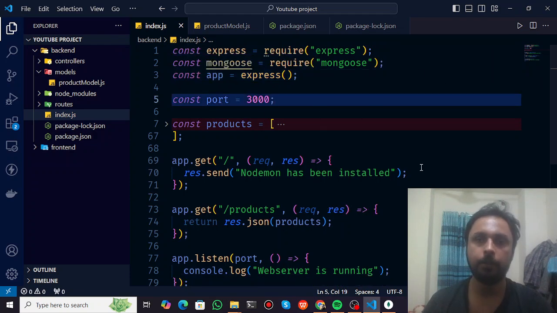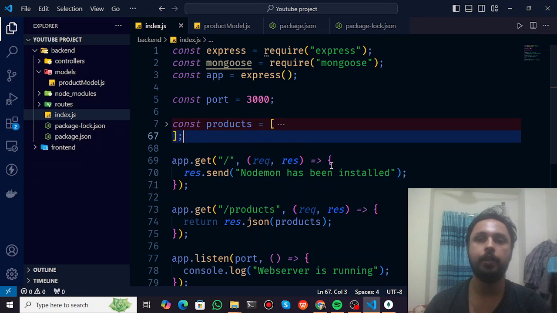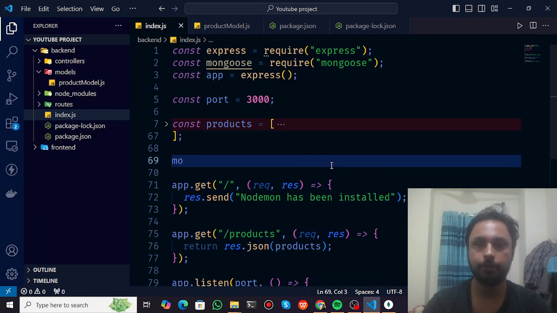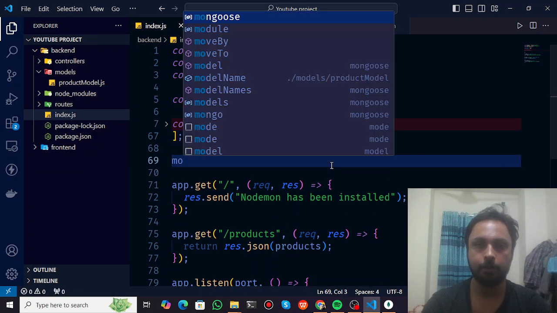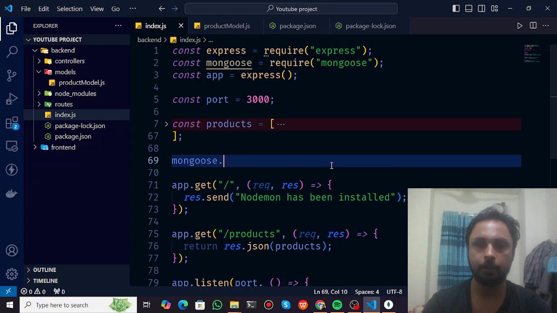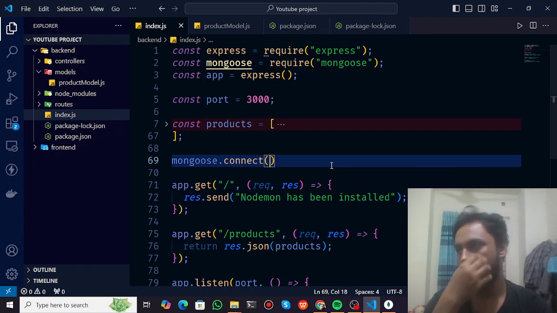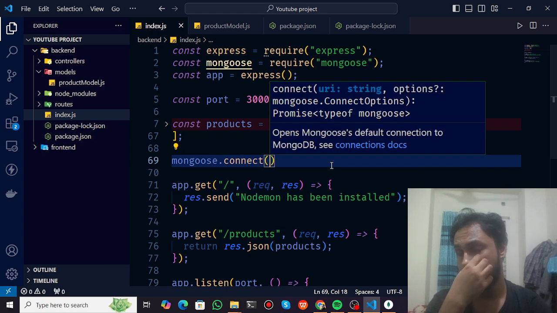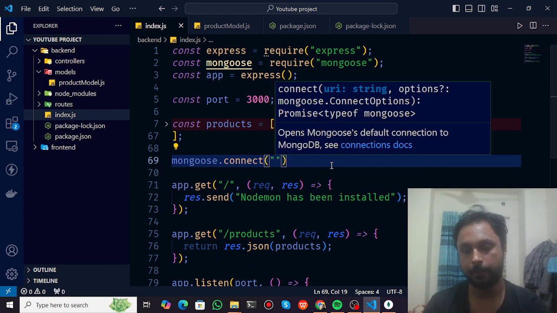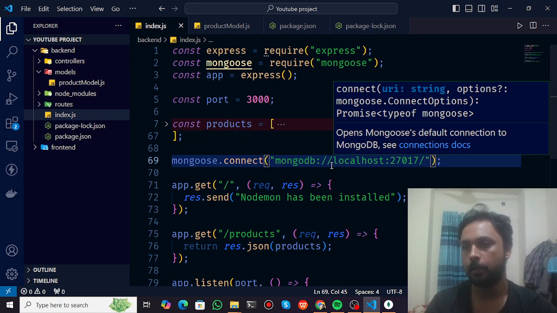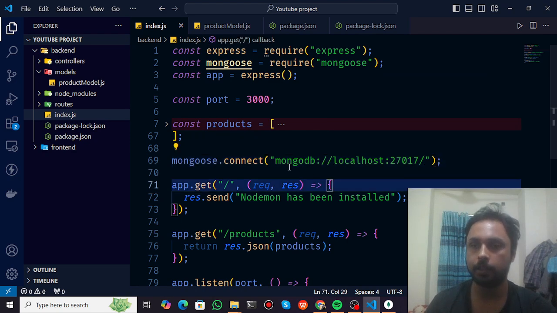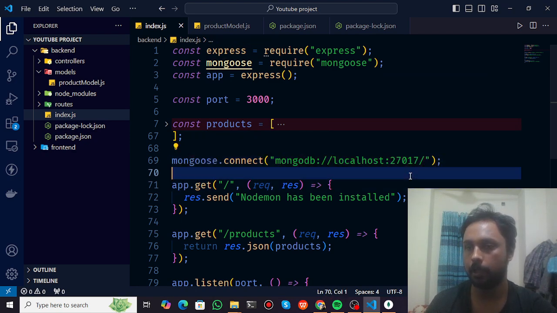Now to connect before the app gets initiated, I can write mongoose.connect, and I have to add here the connection string, which is this. But you can see that the connection string is only MongoDB localhost and the port number,